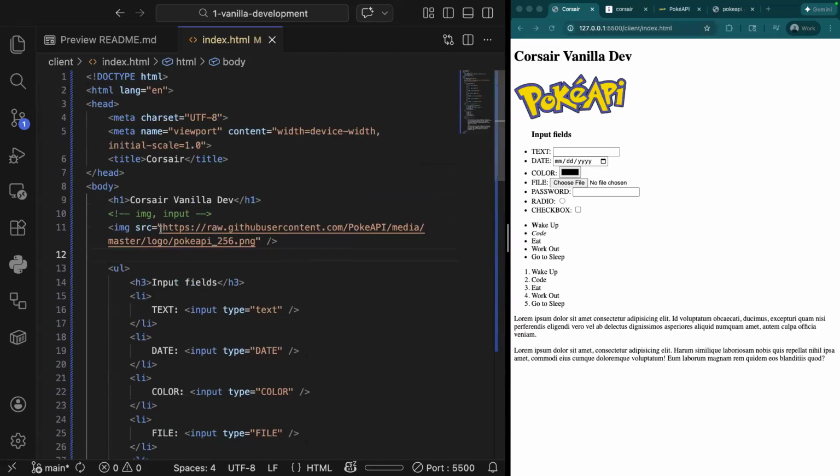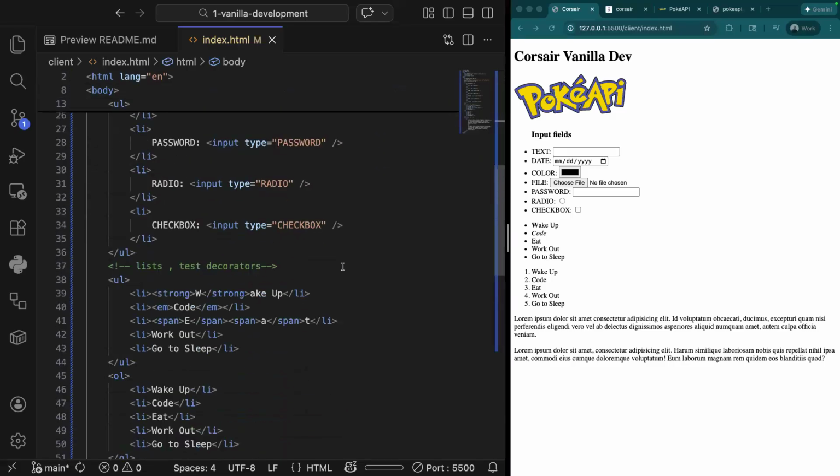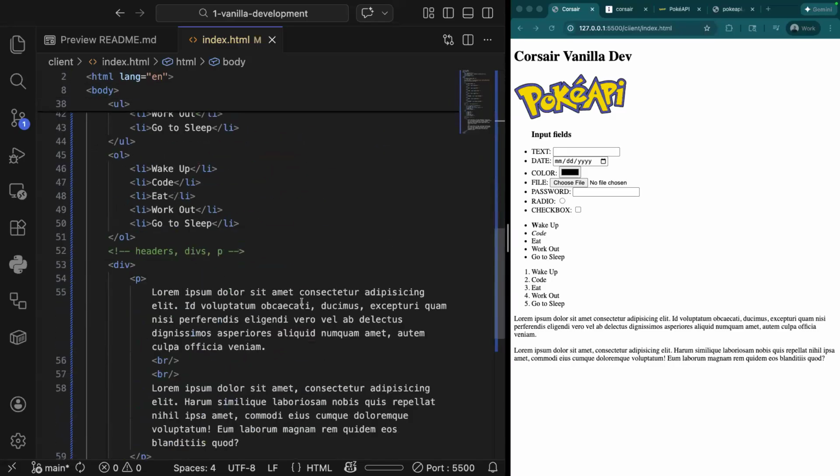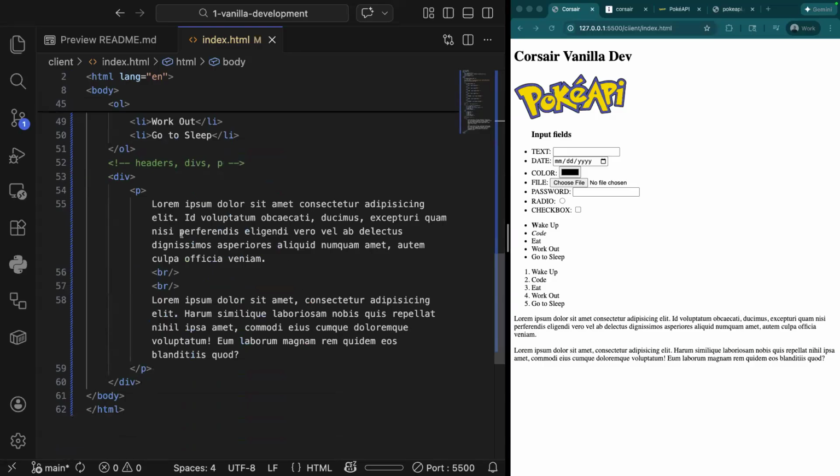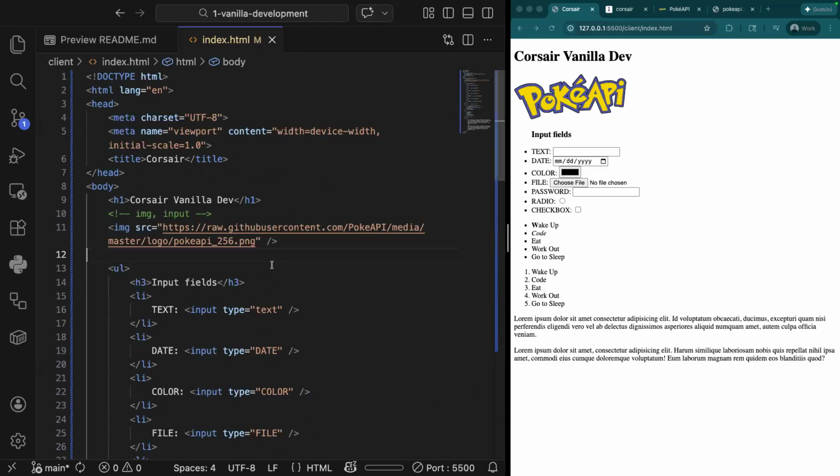All right. So now we've covered images, we've covered input fields, we've covered unordered list and ordered list, some common HTML types such as div, paragraphs, and line breaks for self-closing tags. At this point, does anyone have any questions over the HTML elements that we've covered? I have a couple. Yeah, let's hear it. For input ones, just like in some of the other languages, when you're able to do defaults, are you able to do defaults for input stuff? I don't know if you would want to, but